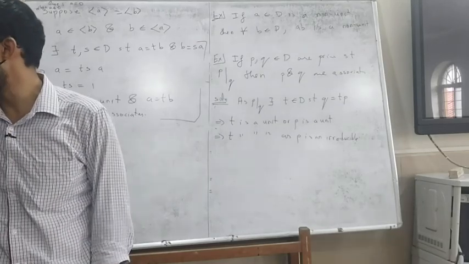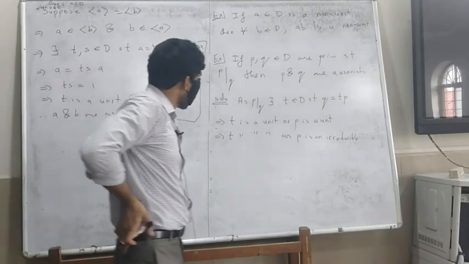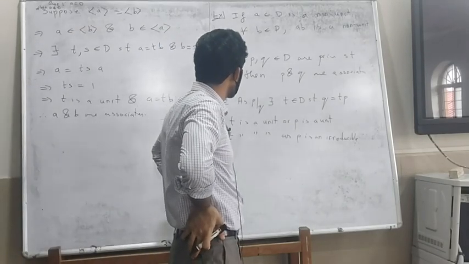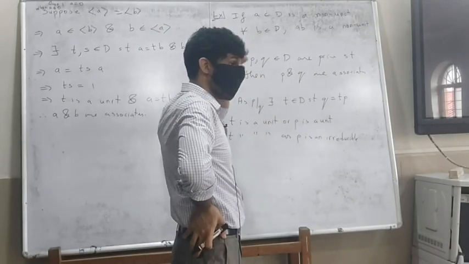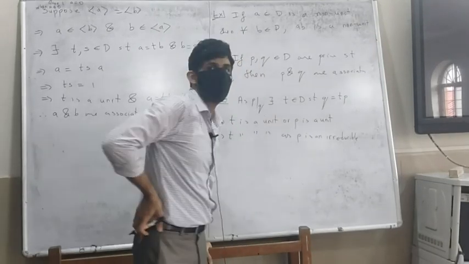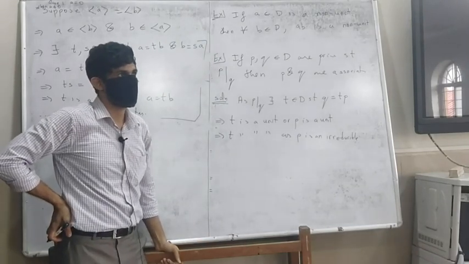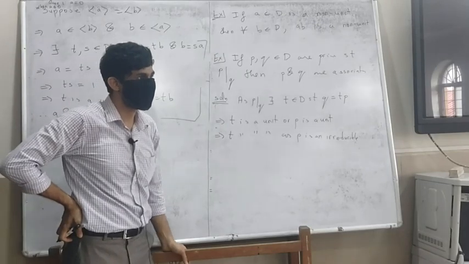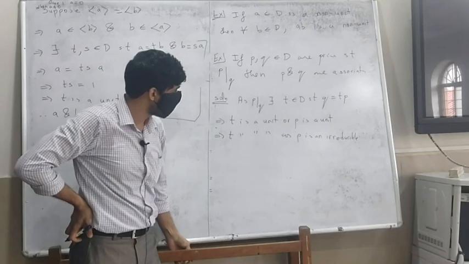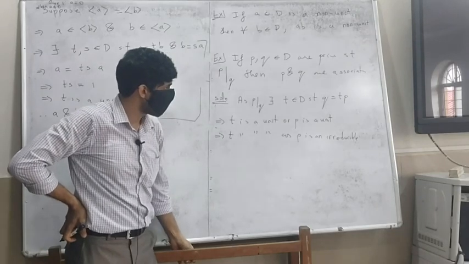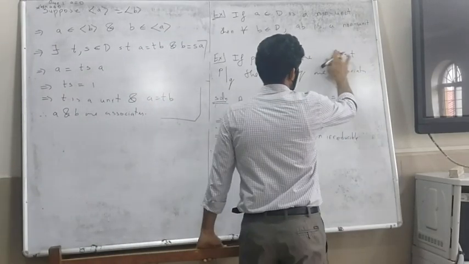Why am I proving this for primes? What have I used about primes here? Seems to work for irreducibles itself, right? Because proving something for irreducibles is better than proving something for primes, because every prime is an irreducible. Have I used anything about primes here? No, I've just used irreducible, right? So I can change this to irreducible.